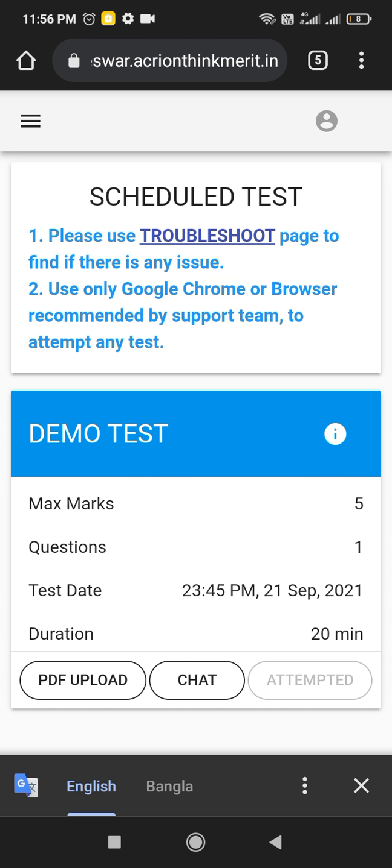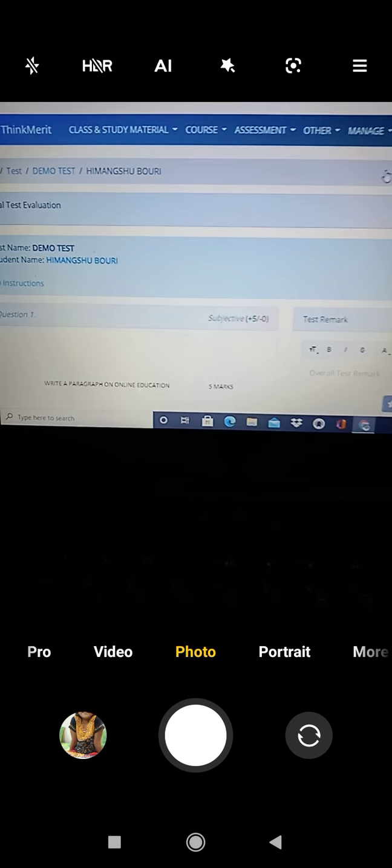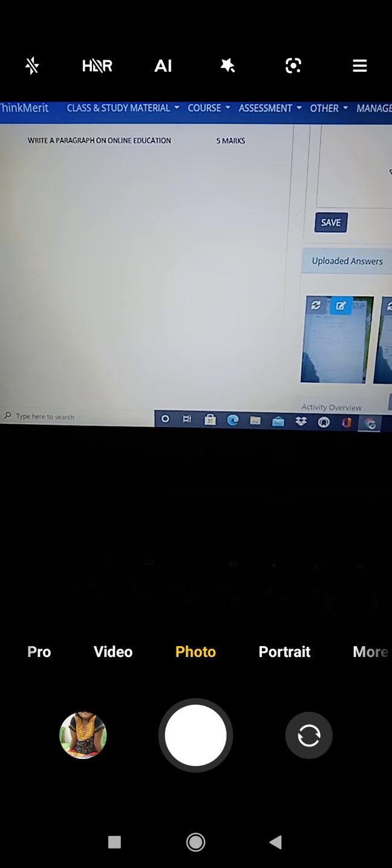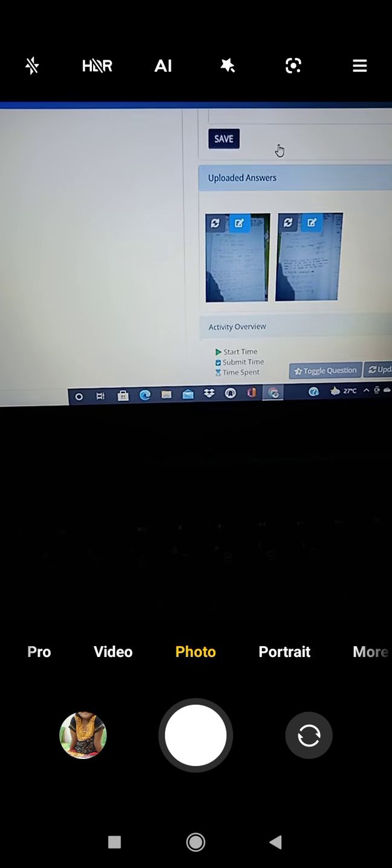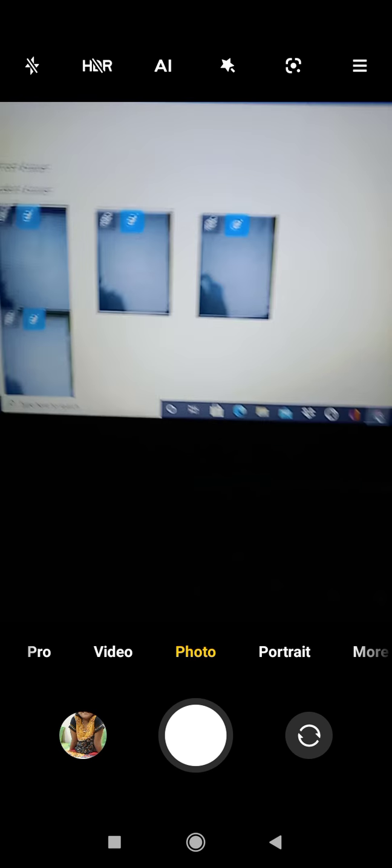So you have uploaded the PDF file right now. Let's see. That account is already there with me, so I want to show you whether it has gone or not. I hope you can see this file of this account. See these pages: 2 pages I have taken at the end, and at the beginning 4 pages.